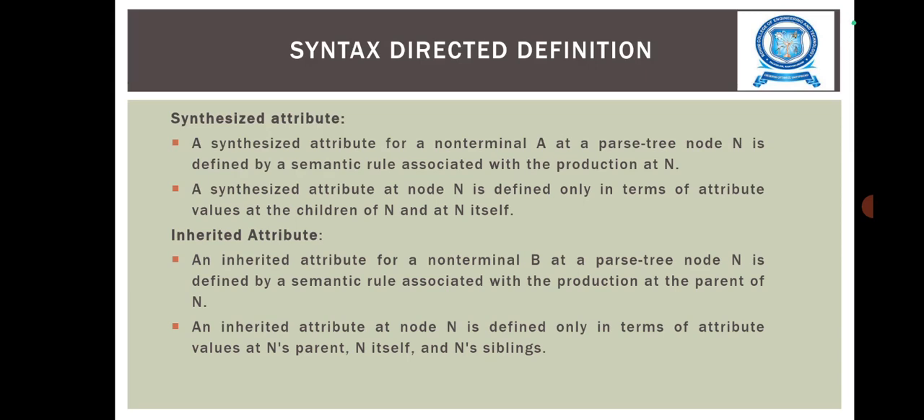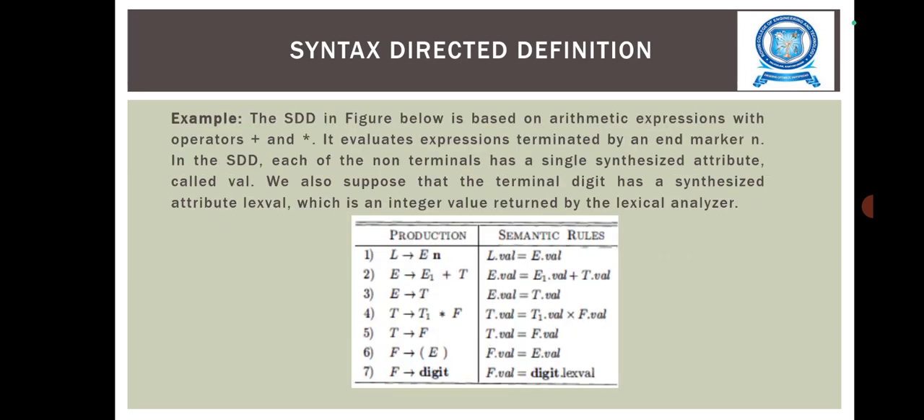An inherited attribute for a non-terminal B at a parse tree node N is defined by a semantic rule associated with the production at the parent of N. An inherited attribute at node N is defined only in terms of attribute values at N's parent, N itself, and N's siblings. Example: the syntax directed definition in this diagram is based on arithmetic expressions with operators plus